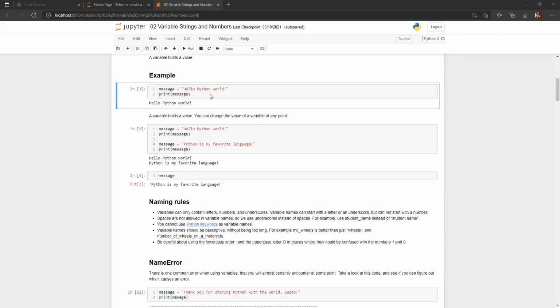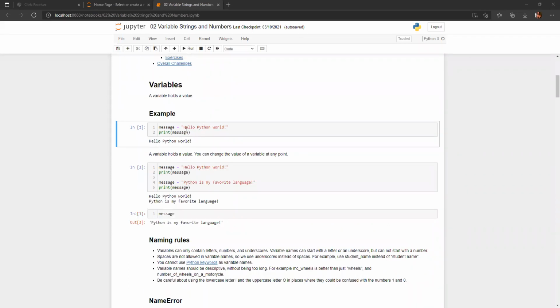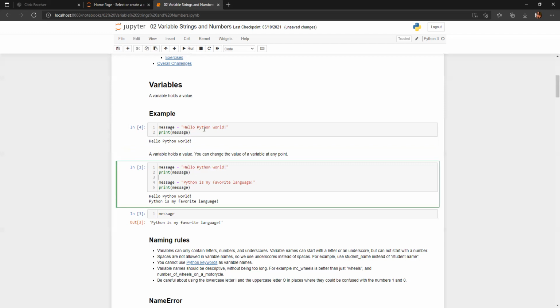Yes, sir. So as you can see here, this is a message. Message is equal to hello Python. Now I want to run this block, so I simply press Shift and Enter. After pressing Shift and Enter, you can see whatever message I saved is displayed here. If I'm printing this message, hello Python will be printed. In this way you can store variables. Here I'm storing strings only.